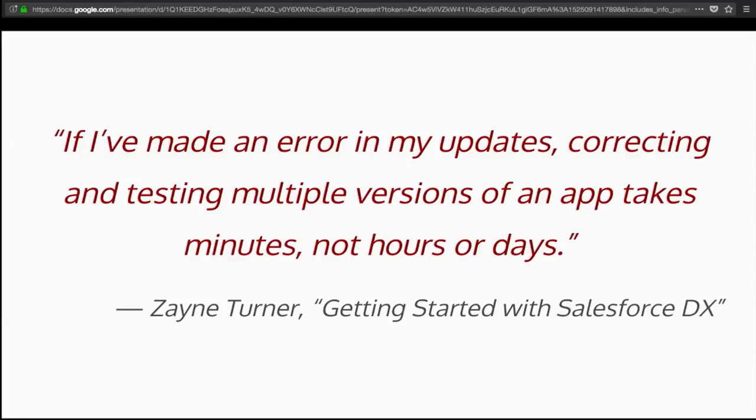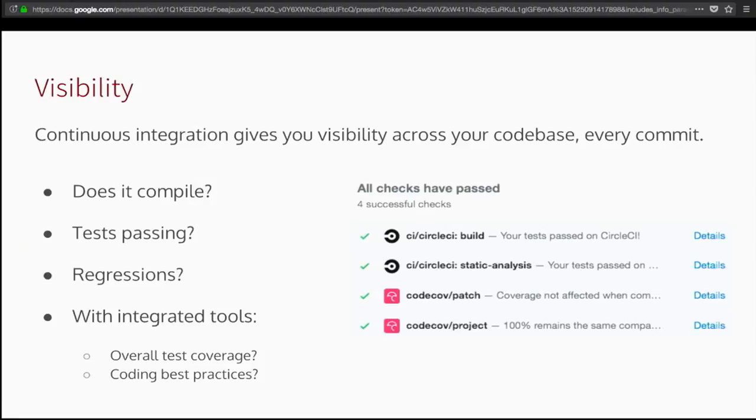Now, I don't think I actually took a time reading the last time I had to troubleshoot a regression in one of our long-lived sandboxes or worst of all in production, but I'm pretty sure it was more than minutes. And I want you to hold on to this during the course of this presentation, because I'd like to show you that minute resolution is actually a possibility because of the benefits that CI is giving us, starting with, most of all, visibility. At every point along your development process, because of the continuous part of continuous integration, you are getting visibility and insight into what your code's doing.